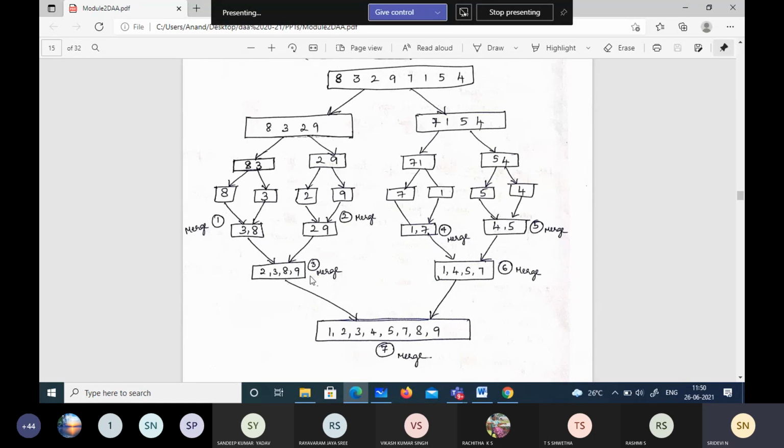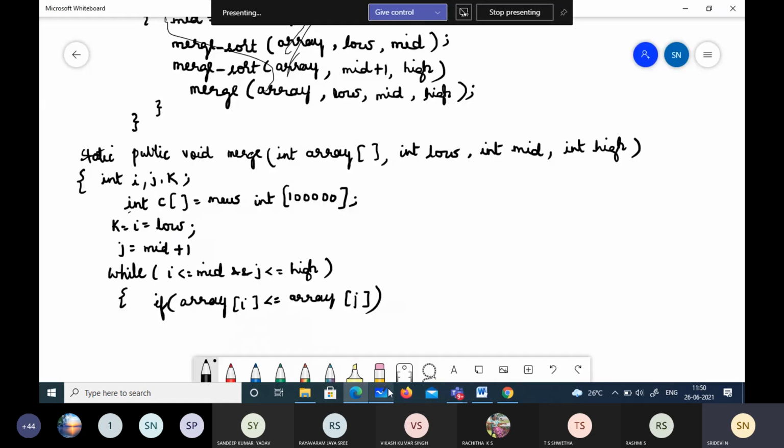Suppose we have come to this stage. It happens with a single element like that. Then suppose we have attained this stage where this is i, this is mid plus 1, and this is high. Now elements 2 and 1 are compared. Array of i is compared with array of j. Then if A of i is less than A of j, which element should be copied onto this C array? Whichever is smaller, isn't it? So A of i is smaller according to this, whatever we have written. If array of i is less, then obviously it should be copied. Shall I write it? Is that clear now?